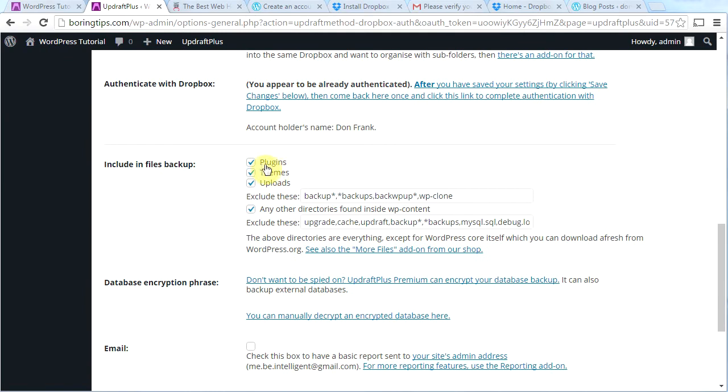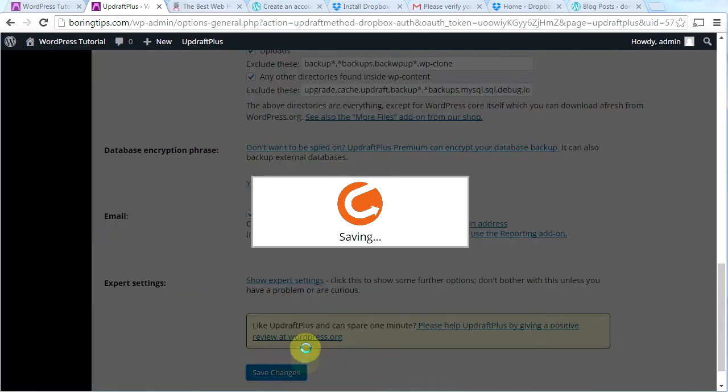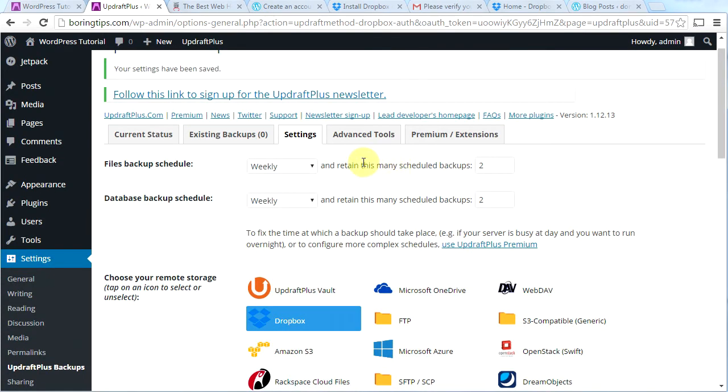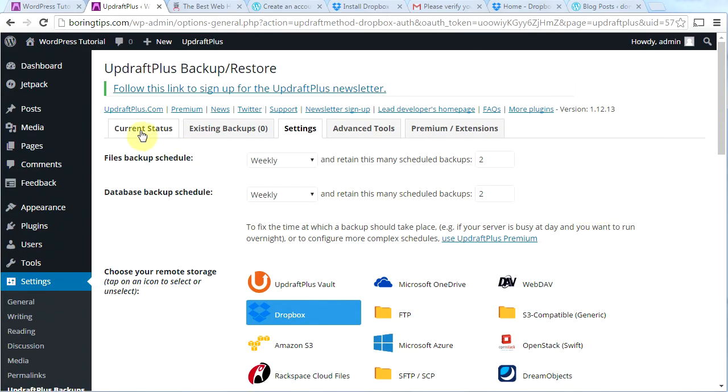We are going to include everything in our backup. So we're going to check plugins, themes, uploads, and any other directories. And if we want, we can be sent an email when the backup occurs. So go ahead and check that as well. Now click Save Changes. We are all set up with UpdraftPlus. This is a very important plugin because you need to have your WordPress website backed up in case anything catastrophic ever occurs. So now let's go back to current status here